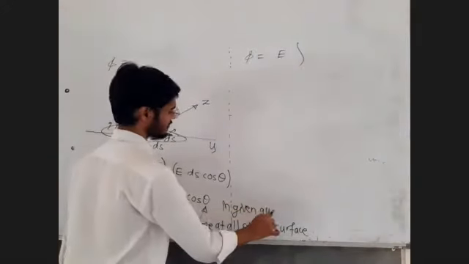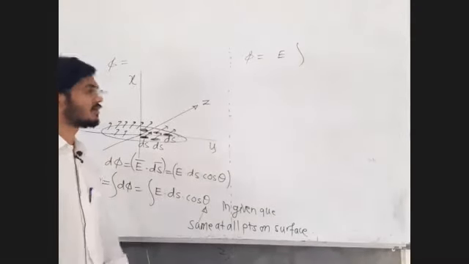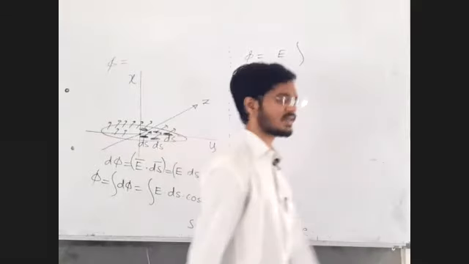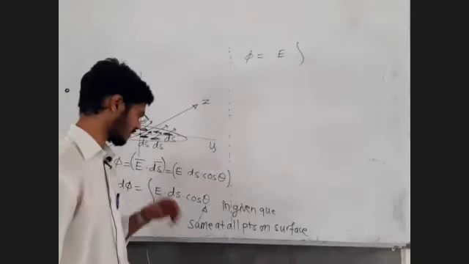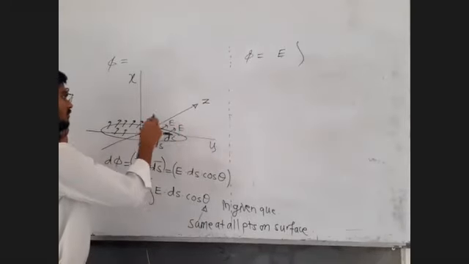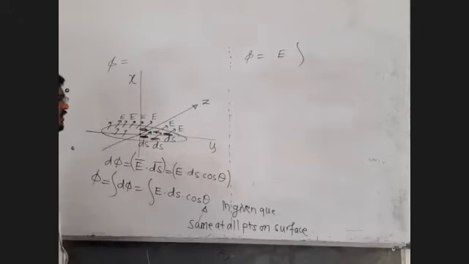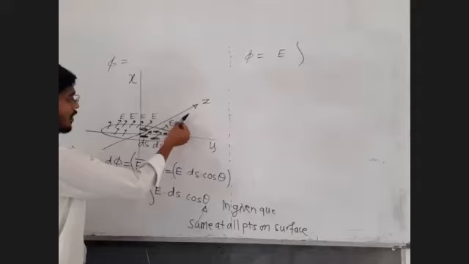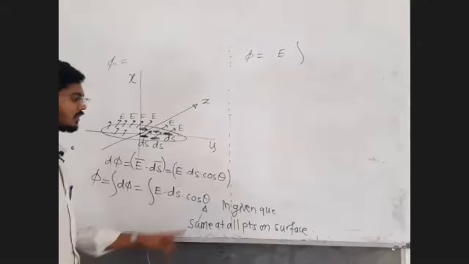The question is very easy, but we are understanding the underlying concepts as well. Immediately by using the formula we can figure it out within 30 seconds. Just don't worry about the question, try to learn other things also. In the given question, at each and every point the electric field has a defined direction. It is not changing. Constant electric field, uniform electric field, same direction, same magnitude. The area vector is always along the x-axis because the area is perpendicular to it. So angle theta is constant at all the points.